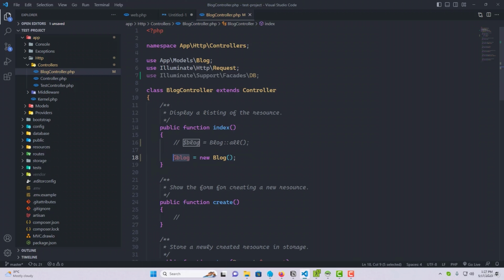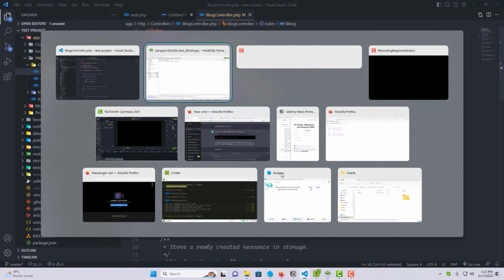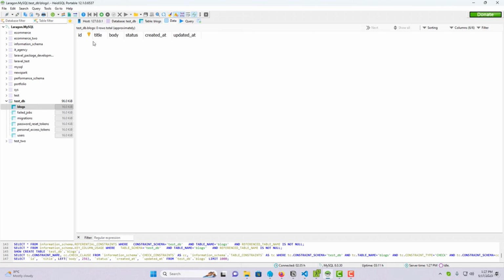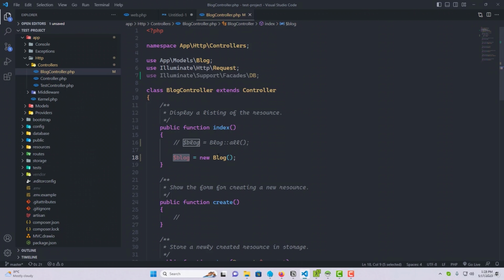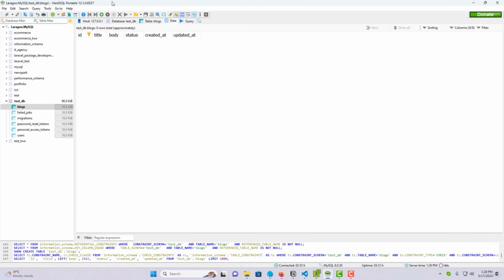Now via this instance we can access all of the database table attributes, I mean blog table attributes. What kind of attributes do we have? I'm trying to say columns, right? As you can see we have the ID column, title column, body column, status column, and some more columns. These are all basically attributes. We can access them now because we created an instance of our blog model, and the blog model will resolve all kinds of connections and other stuff. That means we can access this